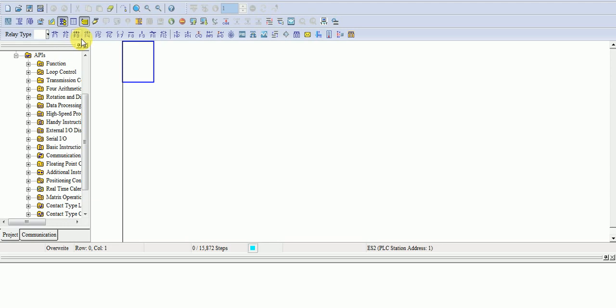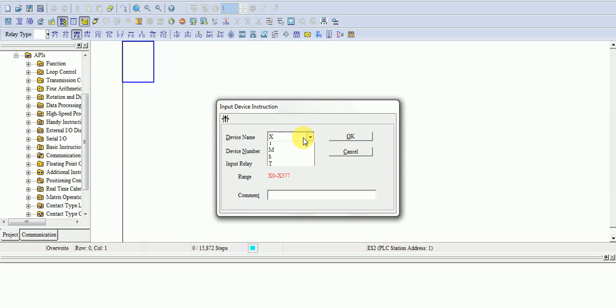Now take a rising edge or falling edge. I am taking the rising edge and writing this special bit, M1014.